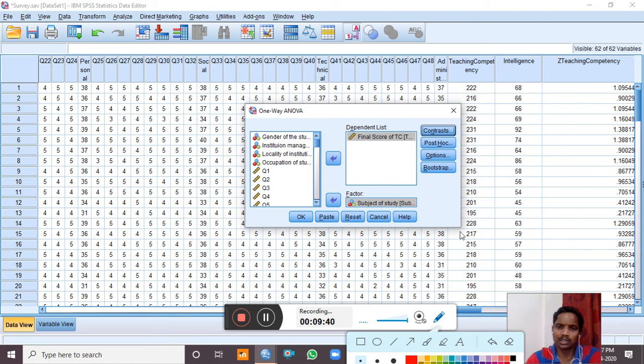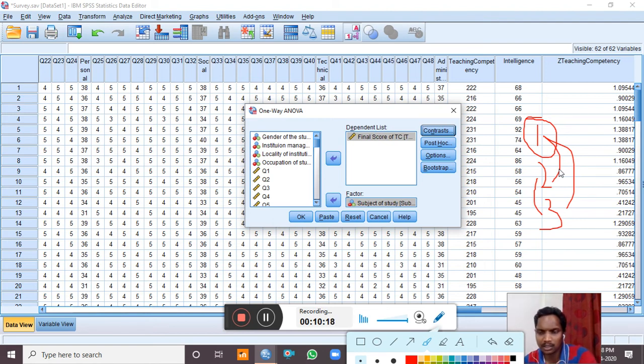Now suppose there are three groups, as I said in the beginning. Let me repeat that again. If you have 1, 2, 3 groups, then ANOVA will compare first and second, at the same time first and third, then second and third. So there will be a comparison between the groups. Then there will be comparison within the groups, participants within the groups. So ANOVA is done that way. There will be multiple comparisons, that is between groups and within the groups.